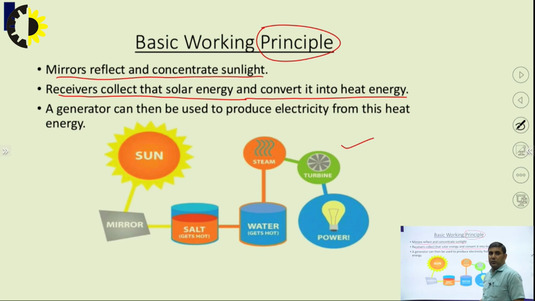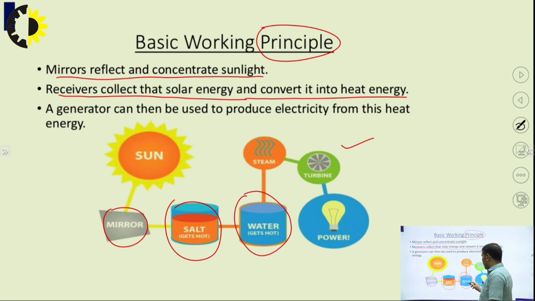power generation, the basic concept. So we have the sun, then we have some mirrors, which are, you can say, focusing mirrors for a particular area. Then we have salt, you can say, which gets hot due to the concentrated sun rays, and ultimately our water is inside the tank, so it also gets hot, and when it is boiled at 100 degrees Celsius, it converts into steam, and then the steam is used to run the turbines,